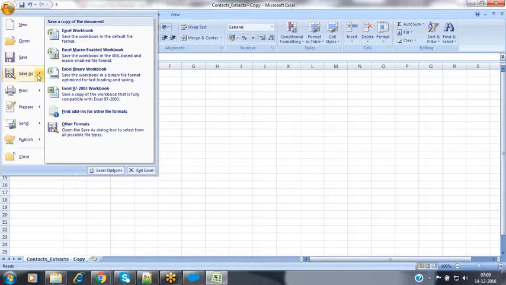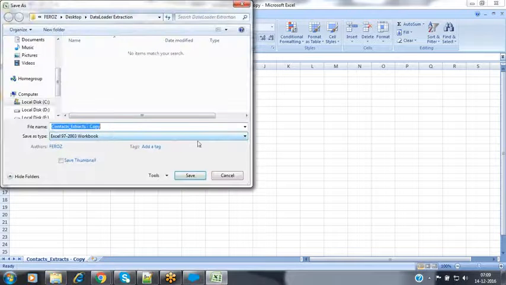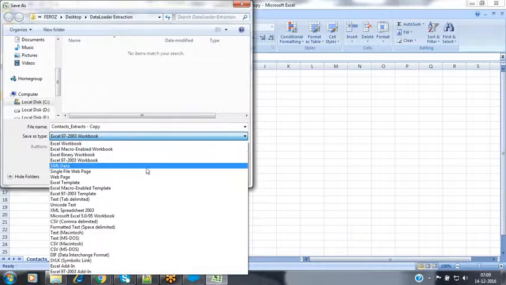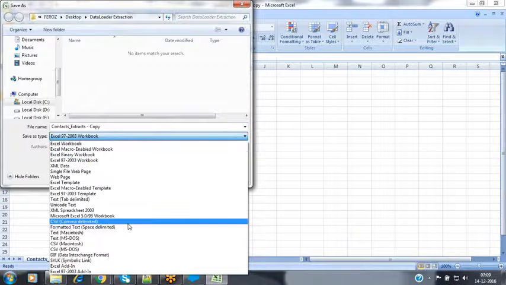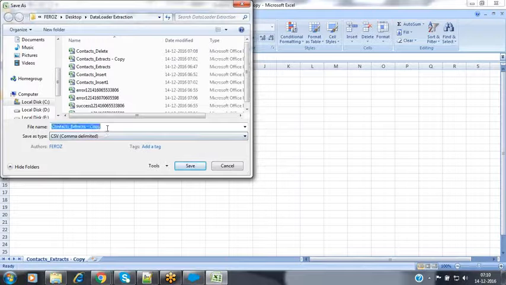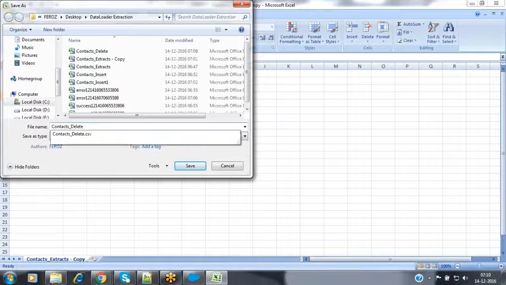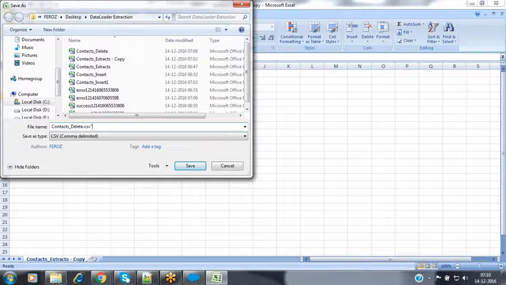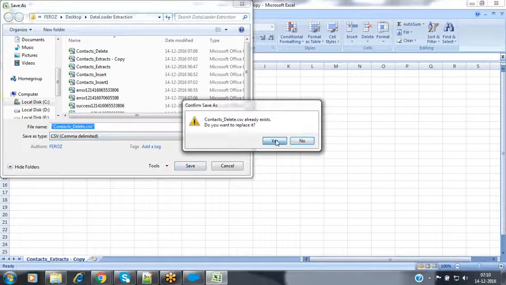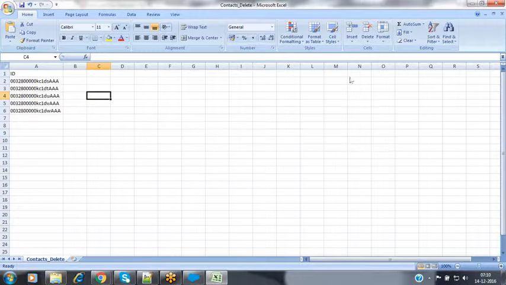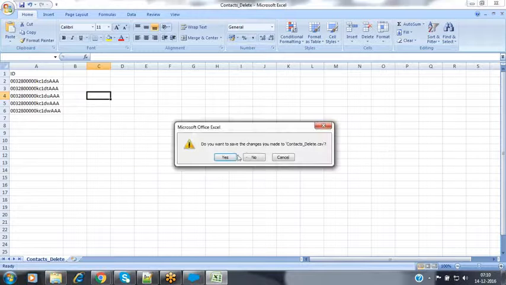Save as. I'm going to save it as a comma separated value file. Now I would like to specify contacts delete.csv. Yes. So now I would like to use this file to remove these records.